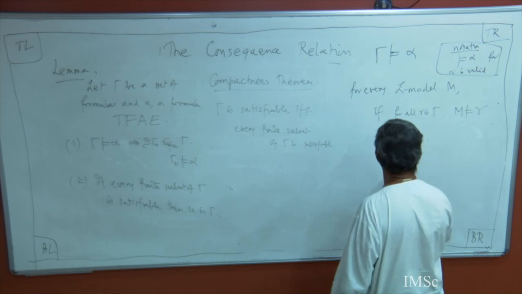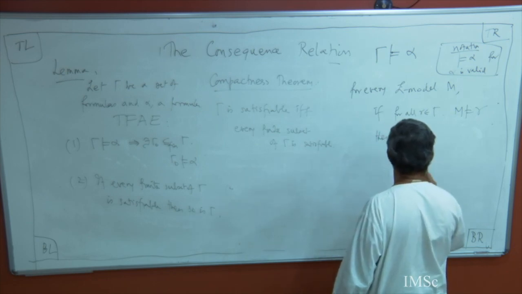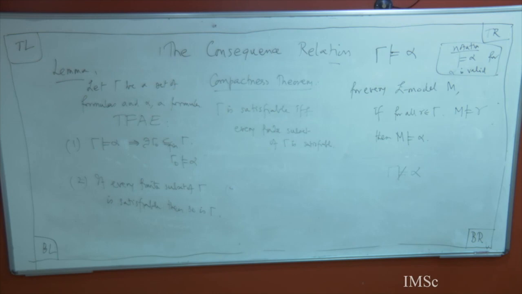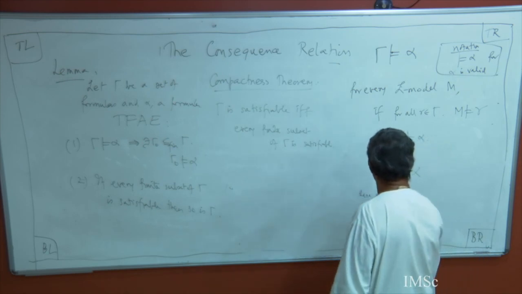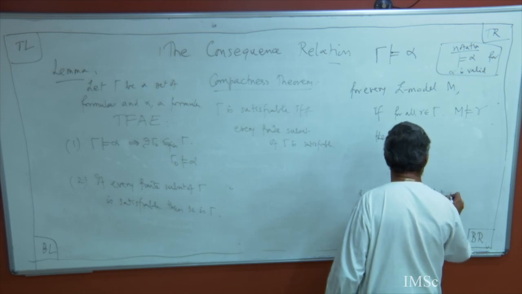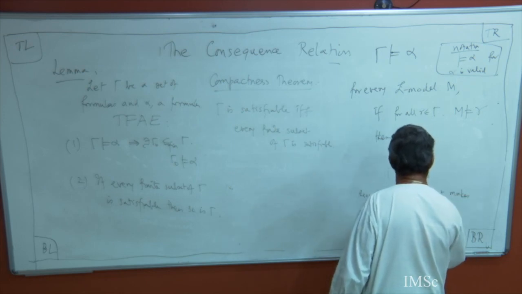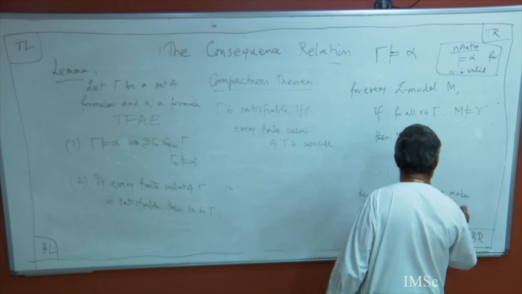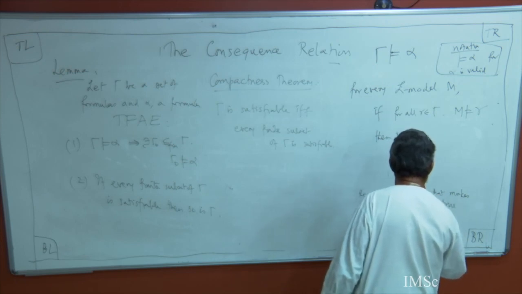What does this mean? Alpha is not a consequence of gamma. What does this say? Apply the definition and tell me what that is. There is a model M that makes all of gamma true but falsifies alpha,